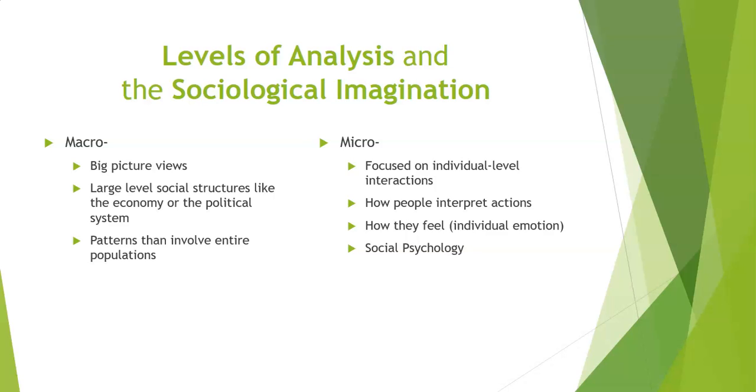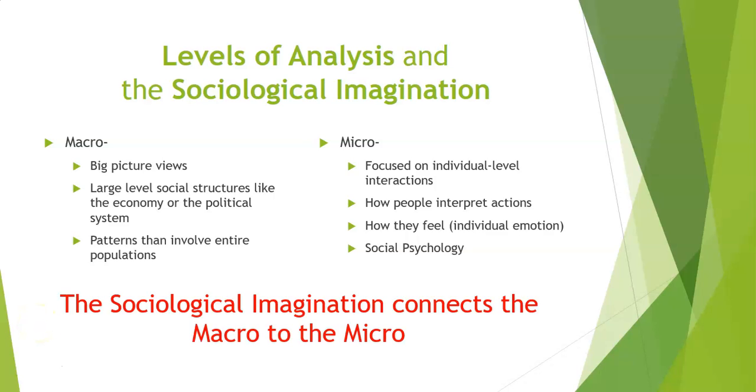But once you get into brain chemistry, that's out of our field. The psychologists are going to talk about what's actually happening to the chemistry in the brain. But the social situation can definitely affect that. But again, as a sociologist, I'm more concerned about what's affecting the brain chemicals. And once you get into what's actually happening with the brain chemicals, you're going to have to ask Mr. Alford. Sociological imagination connects the macro to the micro, right?